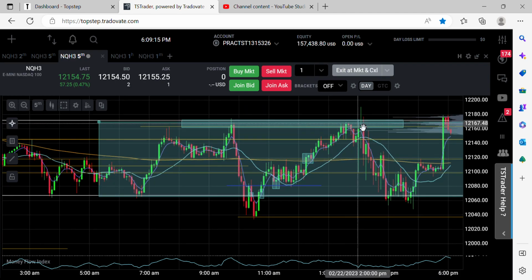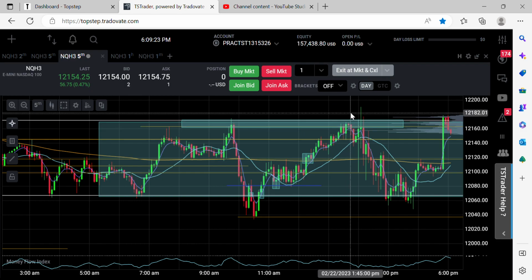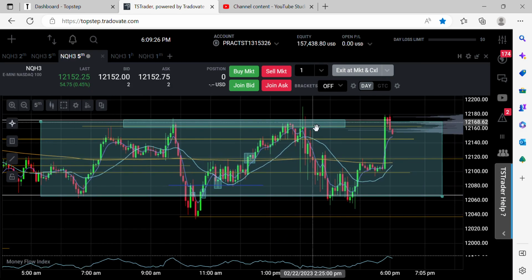And that goes all the way up. I'm out. I'm out here. And actually, I am probably out in this range here. Now here's another interesting part. If I take profit here, right, and I look for a short,